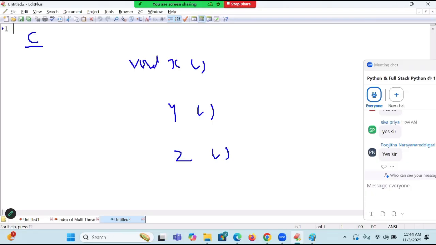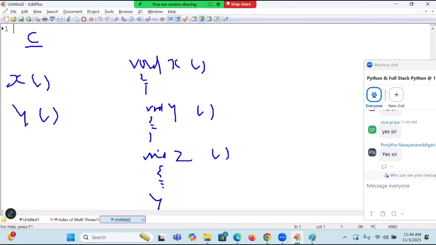I'm not going to write the syntax. Now I'm going to call them from the main function: X of, the next function Y of, and the next function Z of. How will the C program execute?